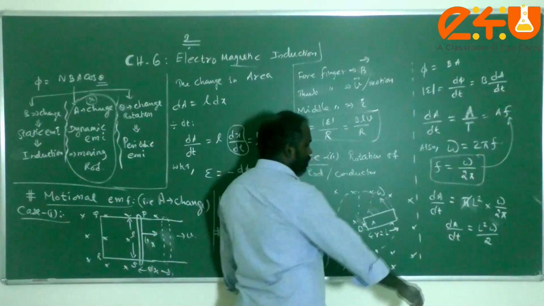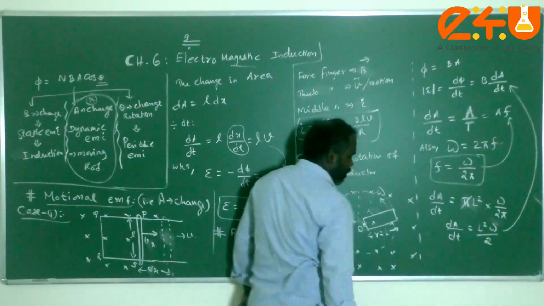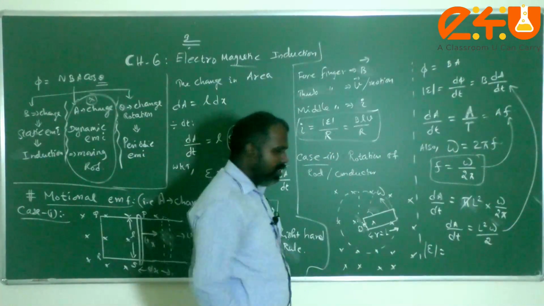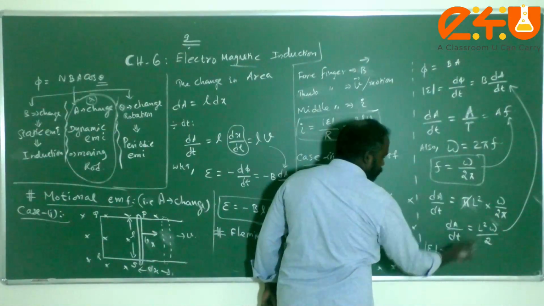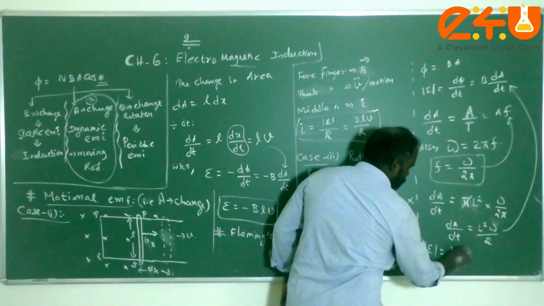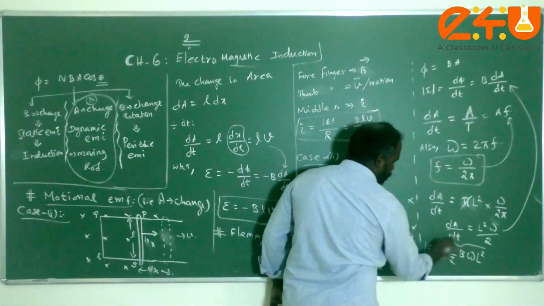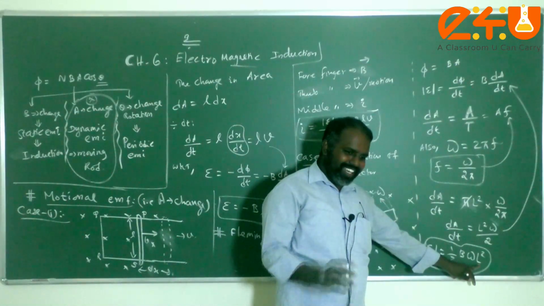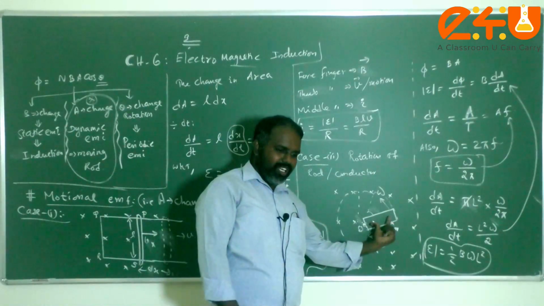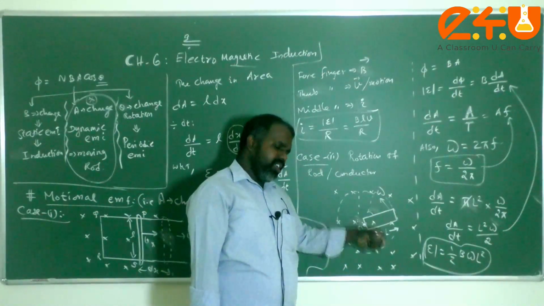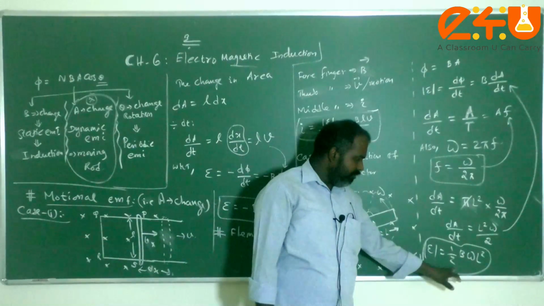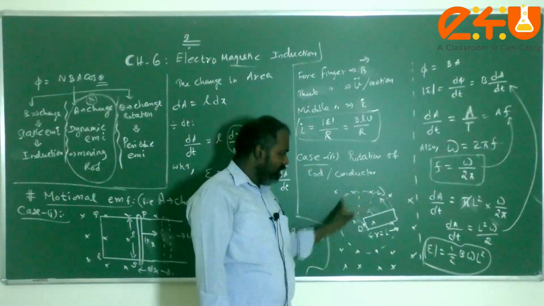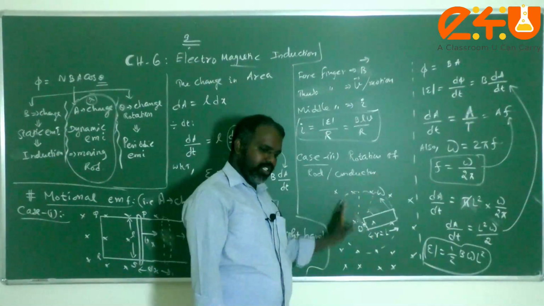Take this value and substitute over there. The magnitude of the induced EMF in the rotating rod is equal to 1 by 2 B omega L squared. In some books, instead of the length L of the rod, they may have given the radius, capital R or smaller r, but that is our choice. This is one half B omega L squared, where L is the length of the rod, which is equivalent to the radius of the circular path taken by this movable rod.